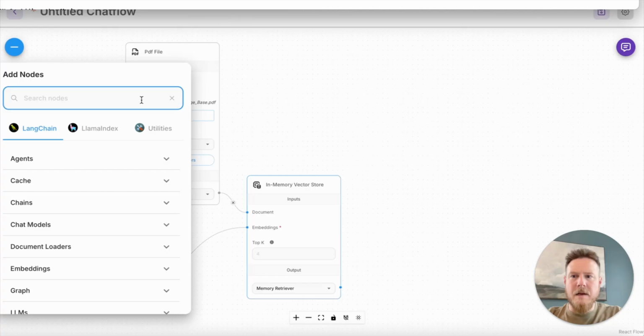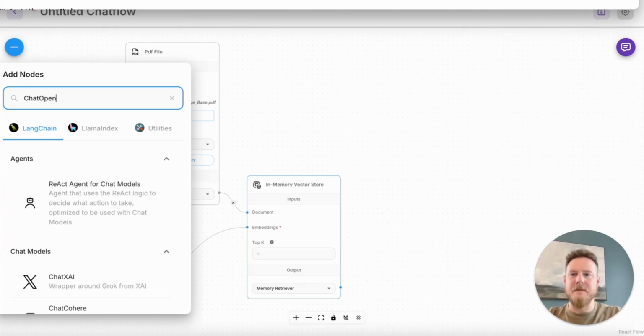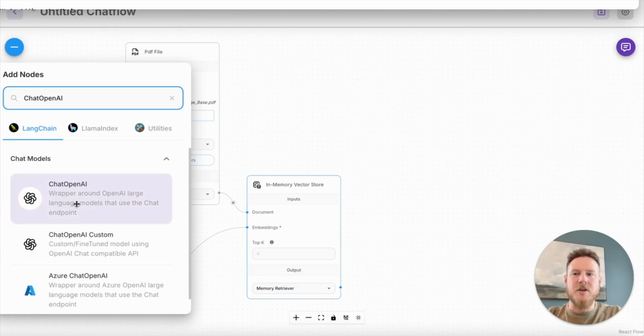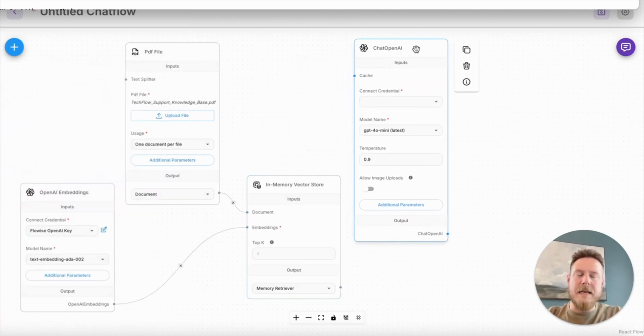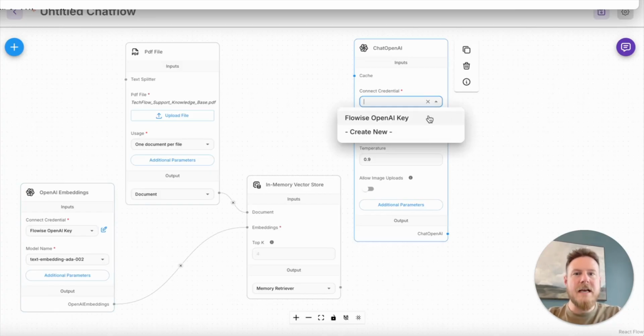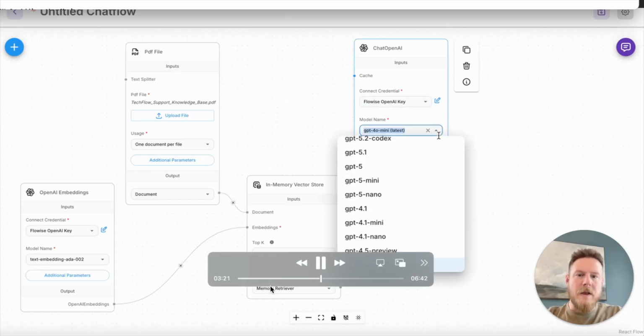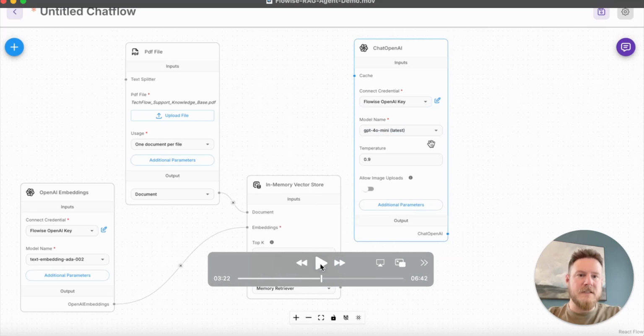So next, we're going to add the chat model itself. This is a chatbot, so we're going to use Chat OpenAI. Since we're already using OpenAI for the embeddings, we are also going to use OpenAI for the chat component, and we're going to use the same key that we had already created. So you don't need to create a new key in this case. You can just use the key that you created for the first step with the embeddings. We are going to use this model, which is small, fast, and efficient. You'll see there are dozens of other model options there.